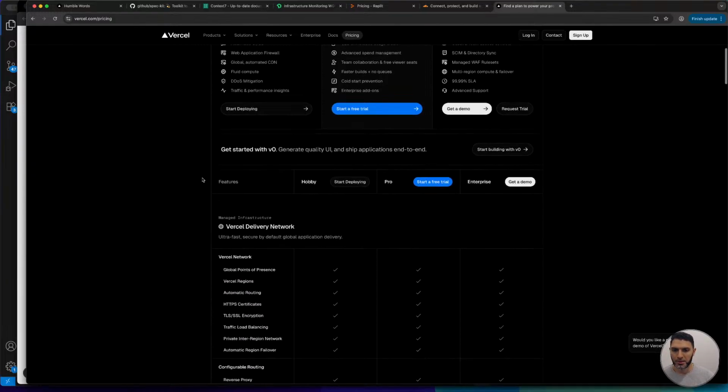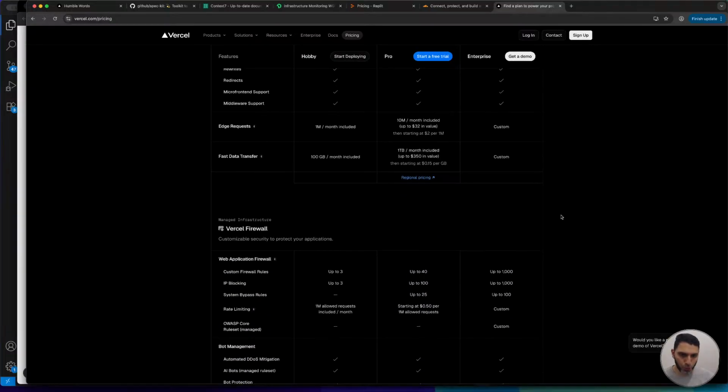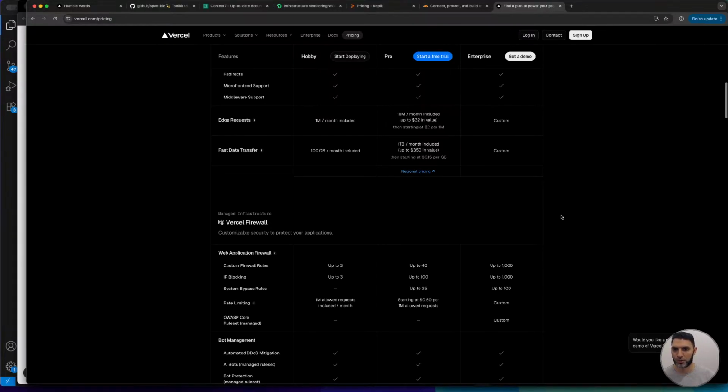That means that everything that is in the pro tier that is included will cost you $20 a month, which is again still a great deal, to be honest, right? So even if you're hosting an application that has significant use, you would still get by. However,